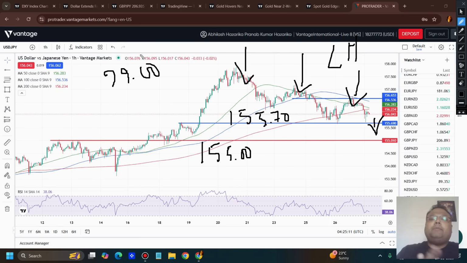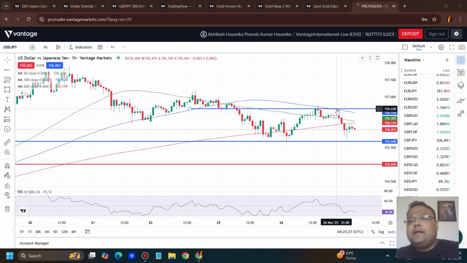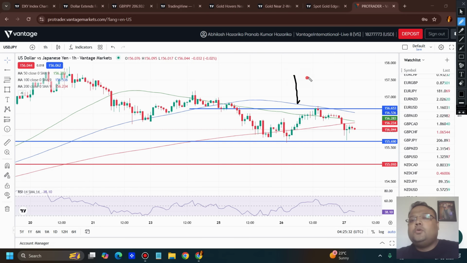Otherwise, it will be better for us to look for a support around 155. The reason is simple. The previous resistance will be working as support. If we see the market taking support around 155, we can look for a buy position. And if the market tries to recover, then around the blue line you see here, which is 156.65, observe the market. I think as a day trader we will be able to score 30 to 40 pips here. If the market reverses from here, we can look for a sell position.